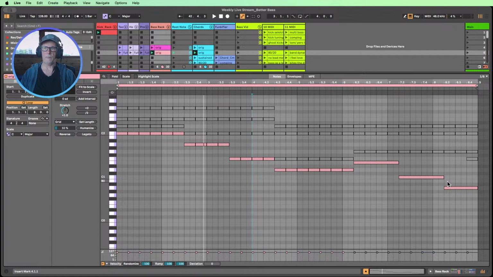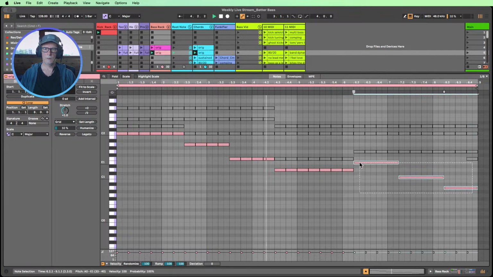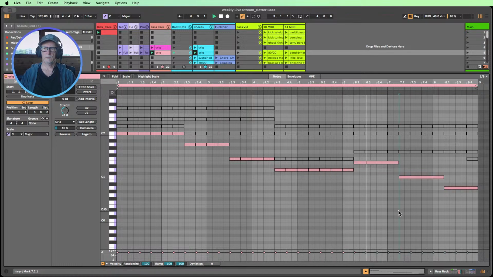So perhaps we could have some sort of little bit of a rhythm change here as well as the note change. And we can also chop these up into eighth notes in a moment. Yeah, so that could actually come in on the bar perhaps, and we have a little rest at the end.